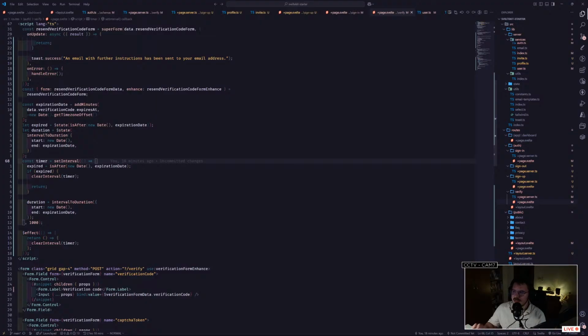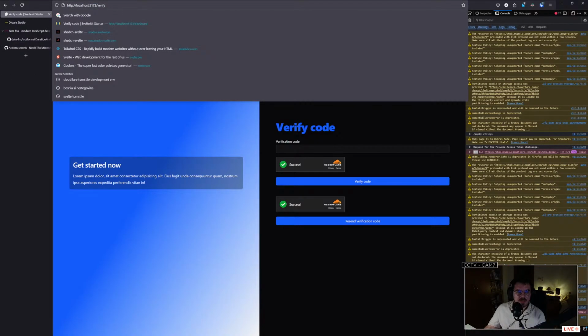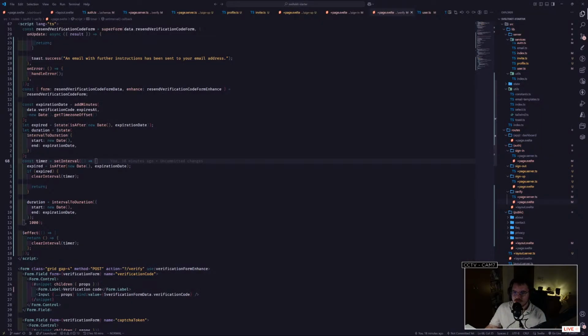Which means navigating to a certain verify page, but with the code in the path, like simulating how a user would click the link in an email. So let's just quickly add that option